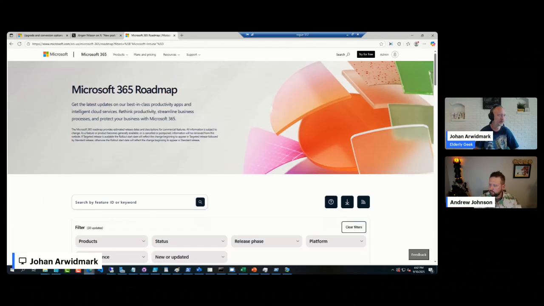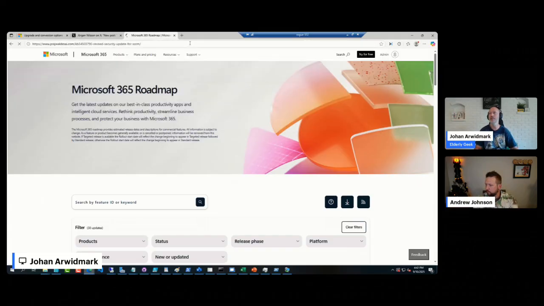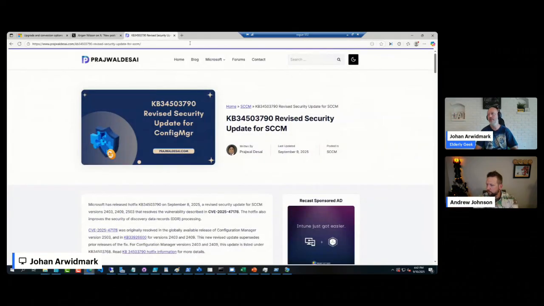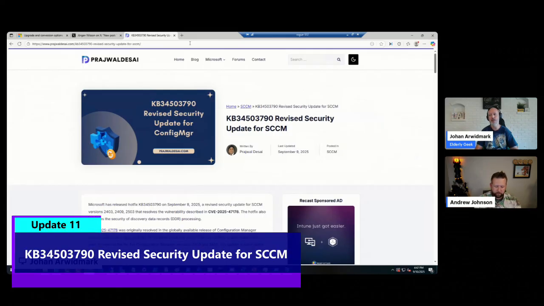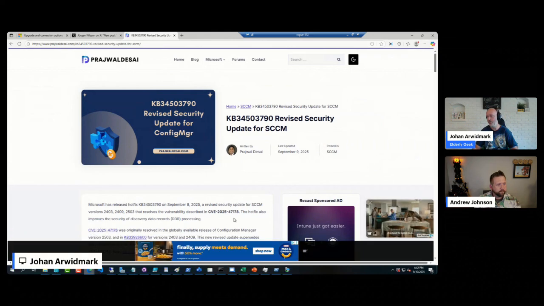And then for those of you running Config Manager out there, you are probably going to be happy about a revised security update for Config Manager. We have highlighted a couple of times the SQL Server injection code vulnerability in Config Manager that is described as part of that CVE. That earlier required you to upgrade to 2503, and pretty quickly.